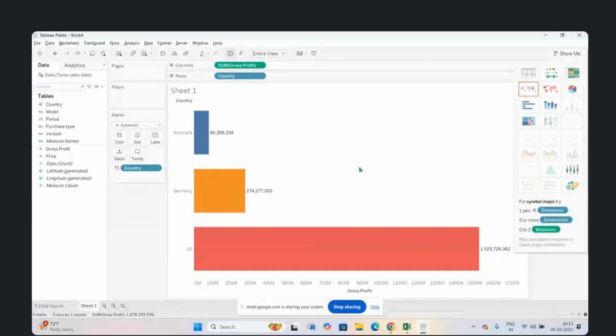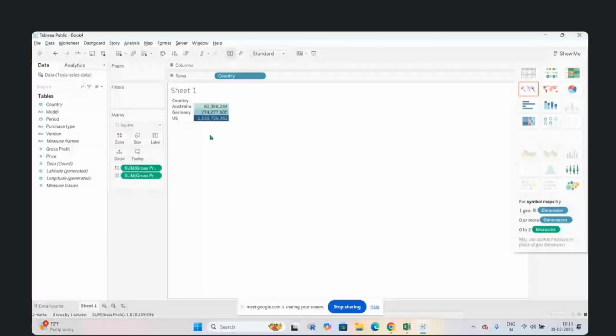This is one, either a bar chart or column chart. You can see the maximum thing has been highlighted here. Okay, if you want to see this figure, you can see that one. If you want to see this country figure, sometimes it may allow or may not. I think it is not allowing here. So you can have